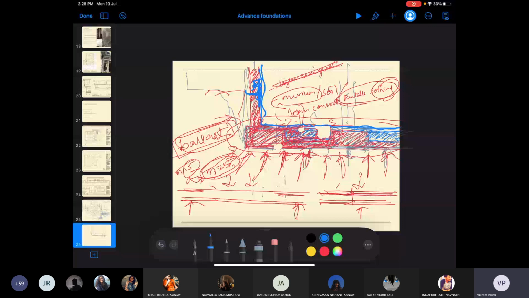As against that, if I put the waterproofing from outside, the pressure is again from the outside only. There is no pressure from inside, correct? So this pressure is not going to create a rift between the waterproofing and the RCC wall.